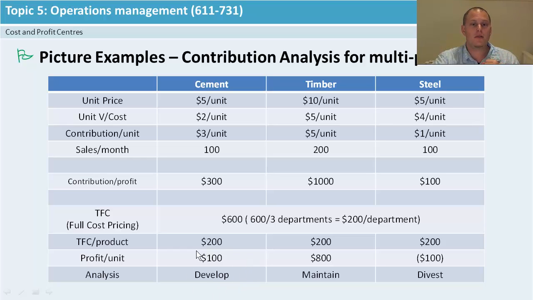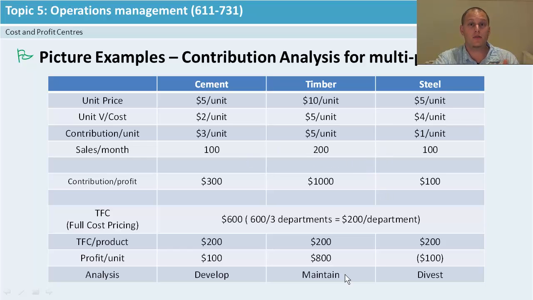You're actually making some money, perhaps developing on changing the prices or changing the marketing strategy around our sales. Develop this business and you might be able to make some more profit. This one here at 800, this is great. Don't stuff around with these people. They're doing a good job. Maybe you can reward them for getting the 800. Maybe they can share their ideas with different areas of how they're bringing their sales up, because their sales are